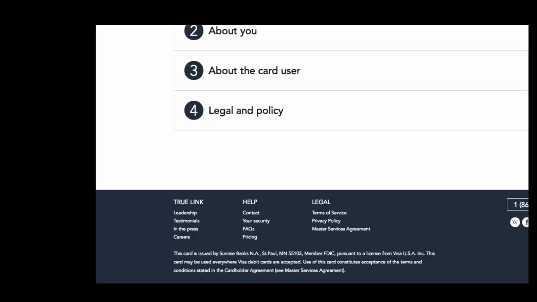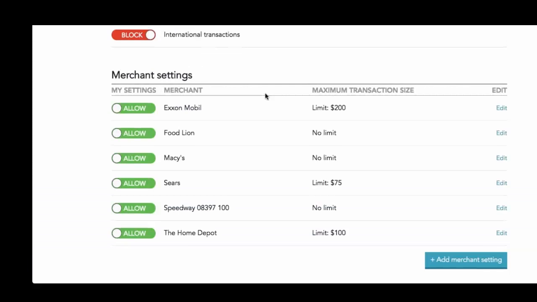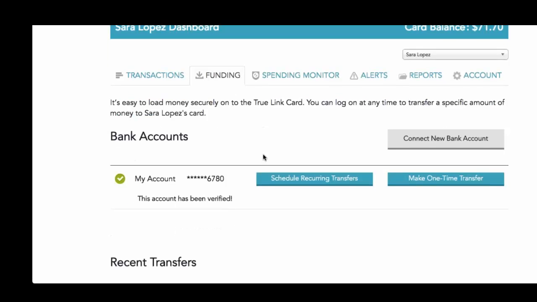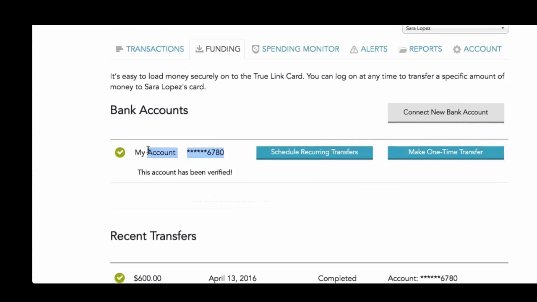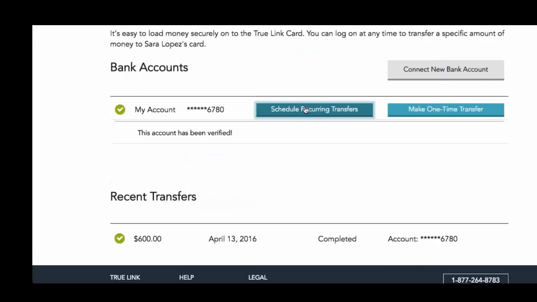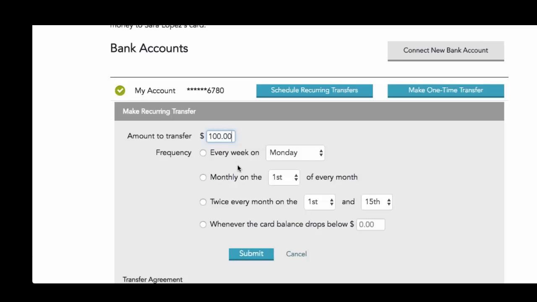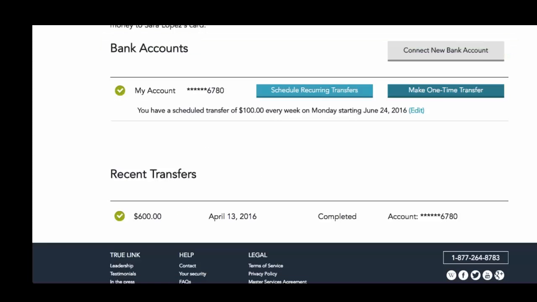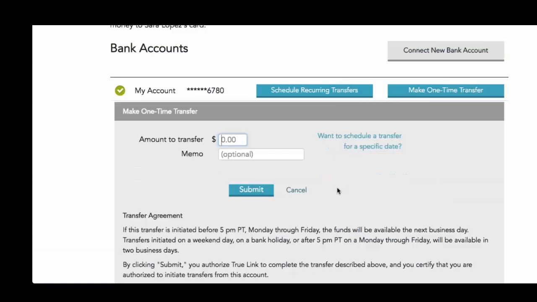So I'll show you a little bit about how that works. This is a little different if you're using us for wealth management, it's even easier, but if you just set up a card, basically you connect a bank account, and then you can schedule recurring transfers. You can say, I want to put $100 on the card every Monday. You submit that, and then now you have a recurring transfer. Or you can make a one-time transfer and say, I need to put $15 on the card,